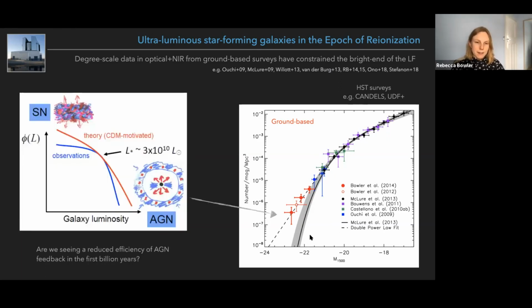The reason this was particularly exciting goes back to the cartoon image I showed earlier about how the luminosity function tells you a little bit about feedback in relation to the dark matter. So we hypothesized that the different shape we see at redshift 7 could be due to a lack of quenching in these very bright sources. Potentially we could be seeing a reduced efficiency of AGN feedback, which causes the blue curve to go up towards the red curve, and we see a much shallower decline. This looks much more like the dark matter prediction without feedback.